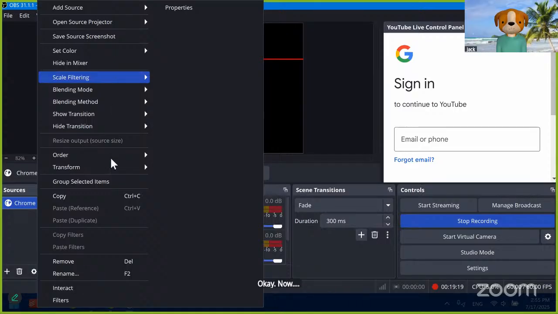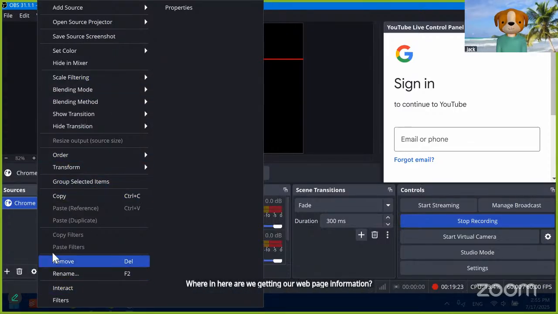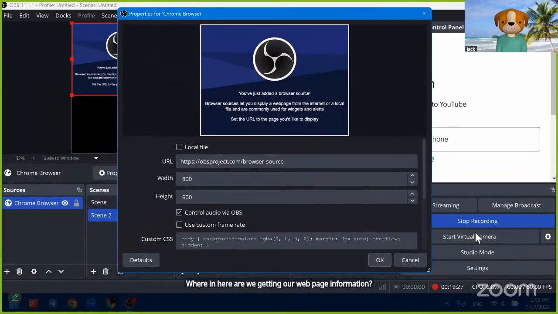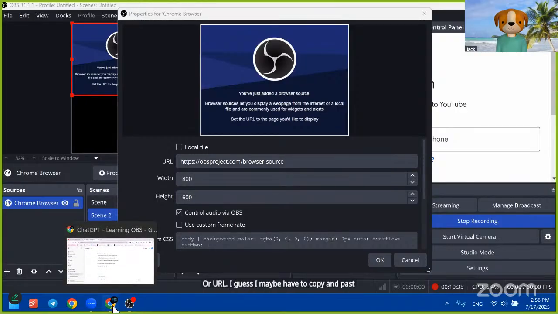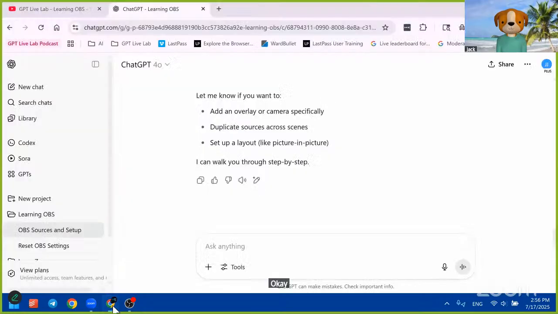Where in here are we getting our web page information? Oh, URL. I guess I maybe have to copy and paste the URL in. Okay, so